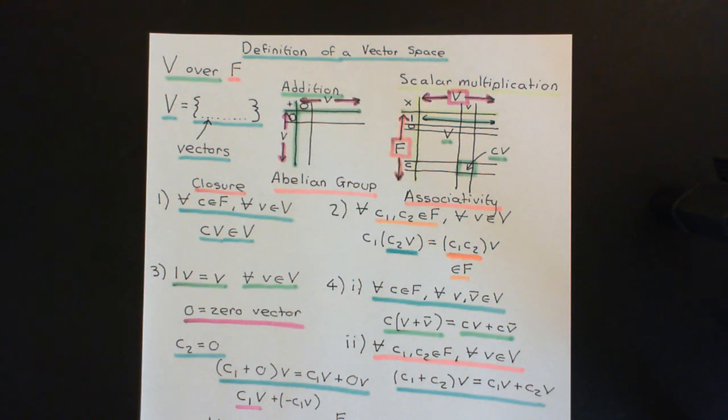So that now completes the definition of what a vector space actually is. In the next video, what we'll do is we'll actually look at examples of how to construct these things. So we'll take an abstract field, capital F, and we'll aim to actually construct a vector space V over that field F.